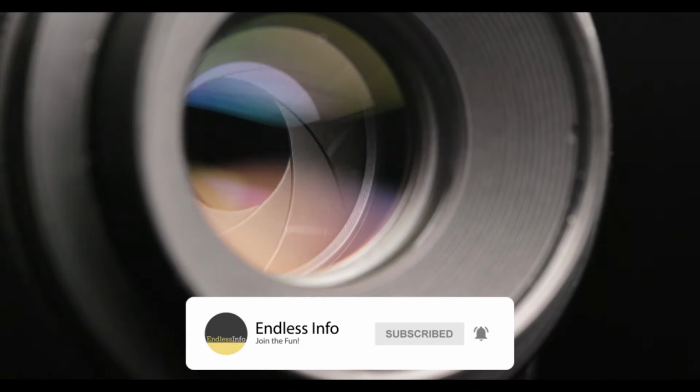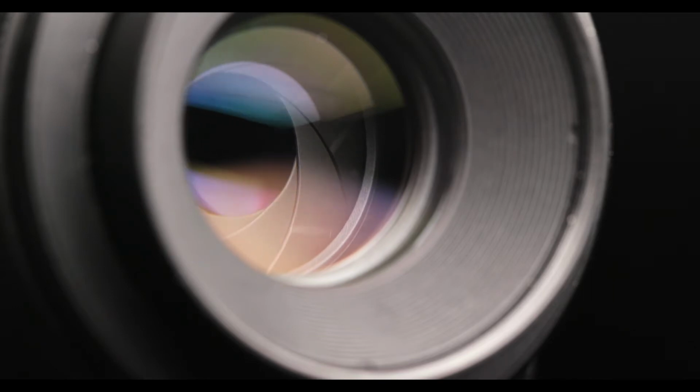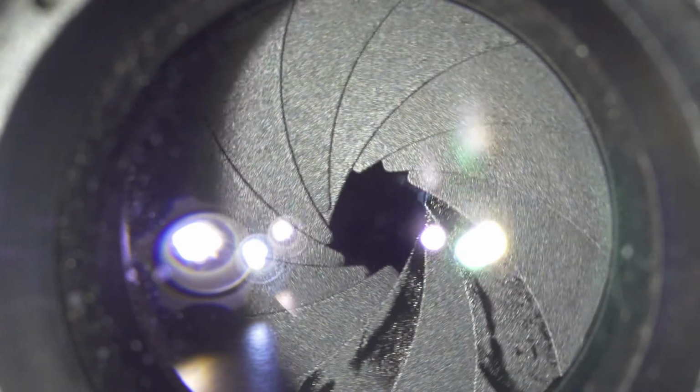While light bounces off of objects, it can also pass through objects. But when it does, it can actually change direction. A camera's lens takes all the light rays bouncing around and uses glass to redirect them to a single point,